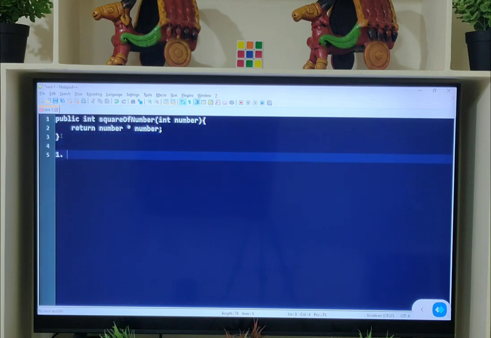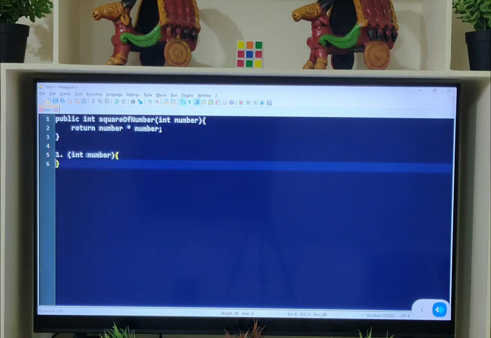As I already told you, a lambda expression is an anonymous function which does not have a name, does not have a return type, and does not have any access modifier. So now let's remove these three parts. After removing those three parts, the remaining thing is int number, return number into number.